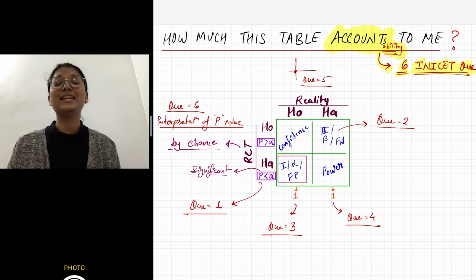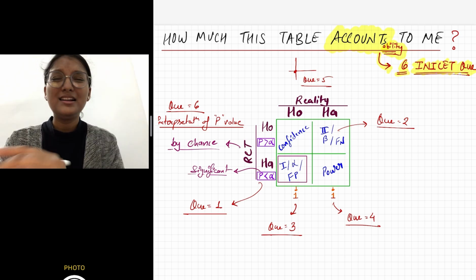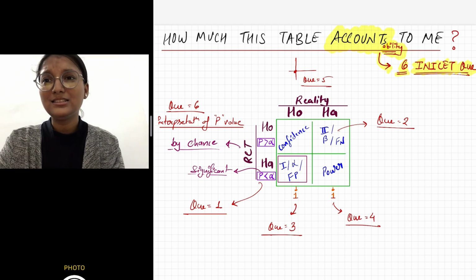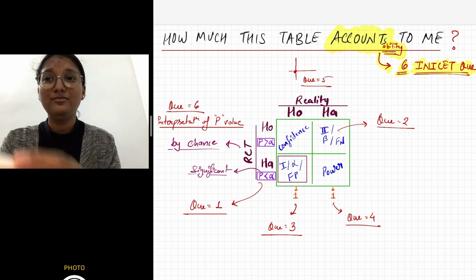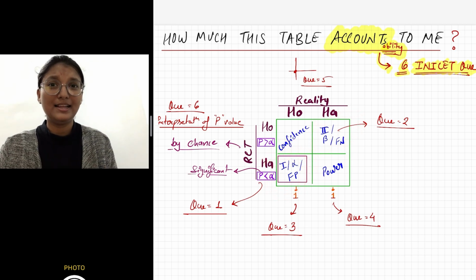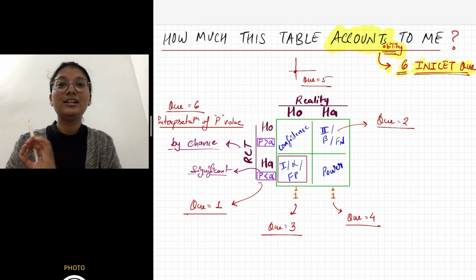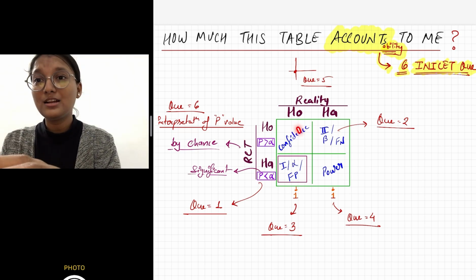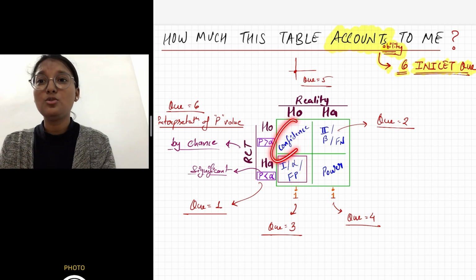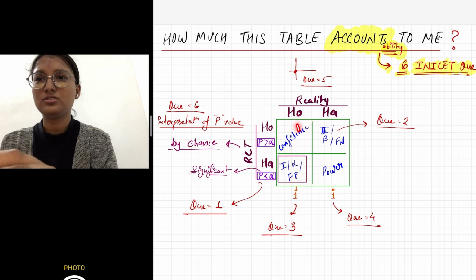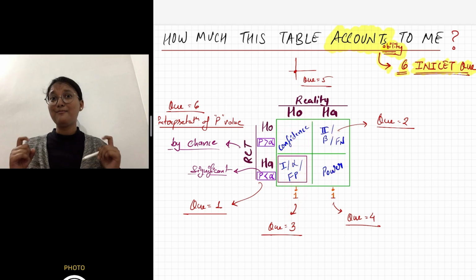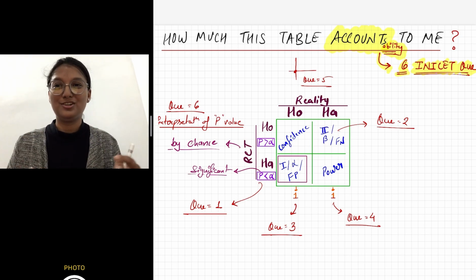In the exam they give different statement based questions where they unnecessarily correlate type 1 and type 2 error, or they talk about type 1 error and relate it with the power. There is absolutely no relation. You can definitely rule out that option. Only the type 1 error is equal to 1 minus confidence. Okay, so they are related vertically, therefore I am emphasizing this vertical and horizontal thing.